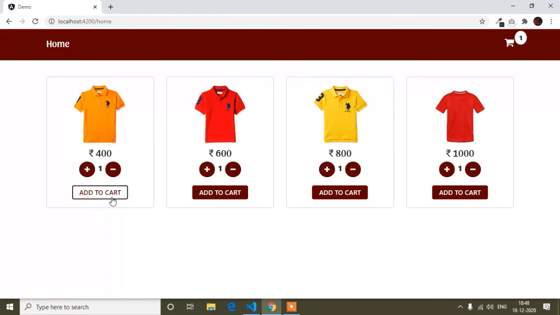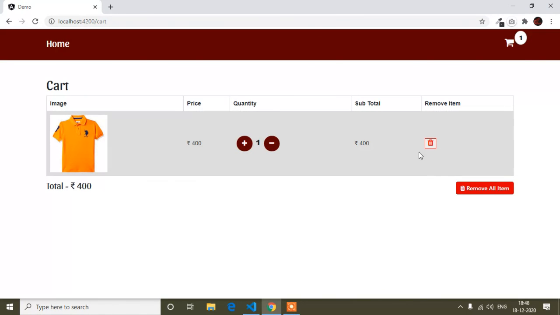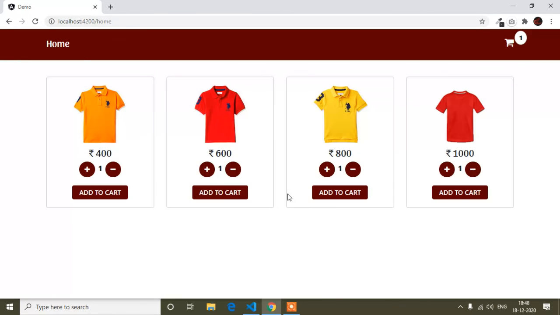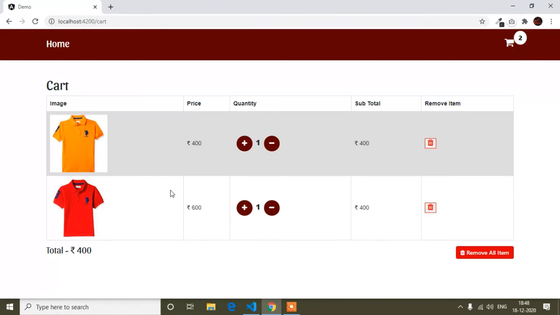So again I will go to the home page, and now I will add 1 product. You can see it's added 1, and I will go to the details. You can see it's added 1. I will come back again, and suppose I add this product, you can see it's 2 products. So now I'm getting it dynamically. Okay, so guys, here you can see it's working perfectly.